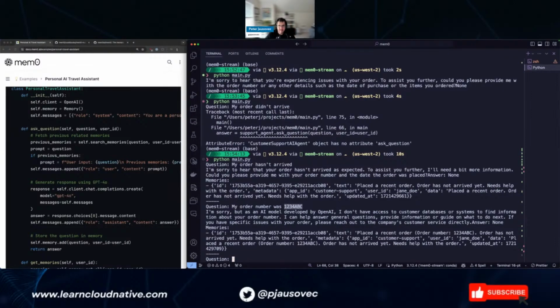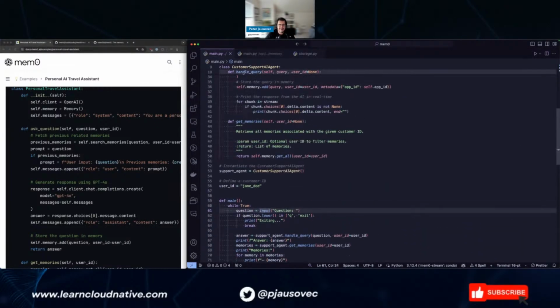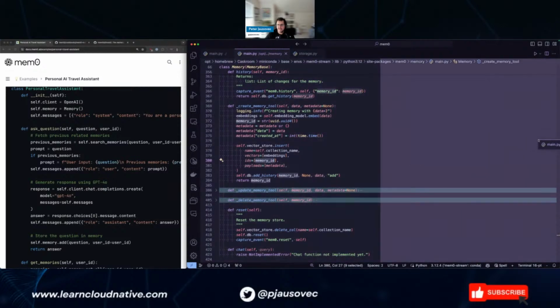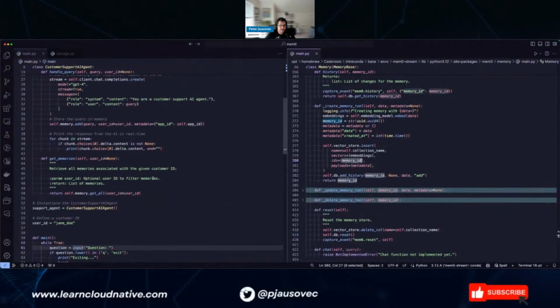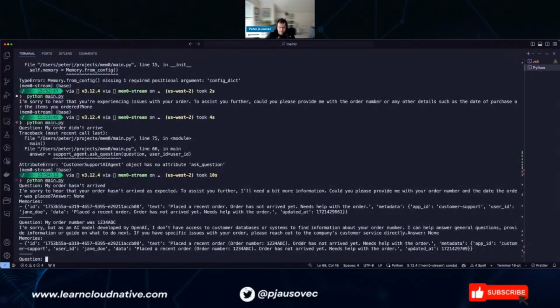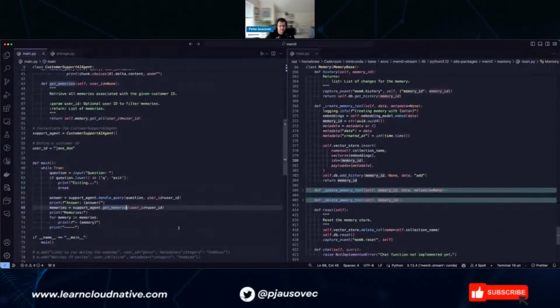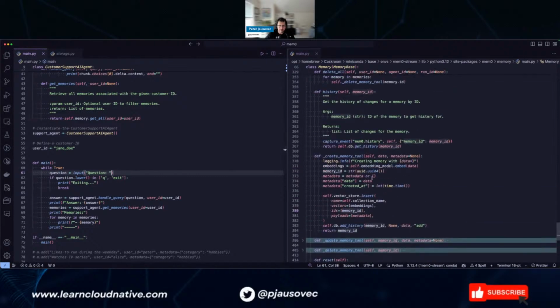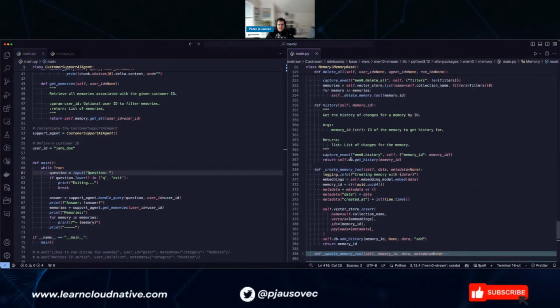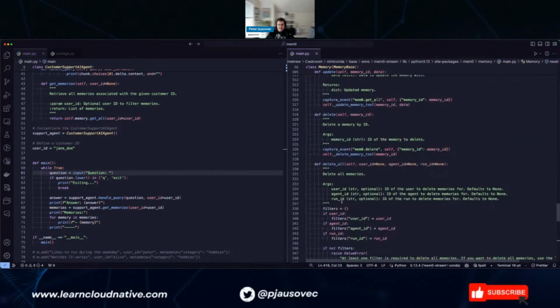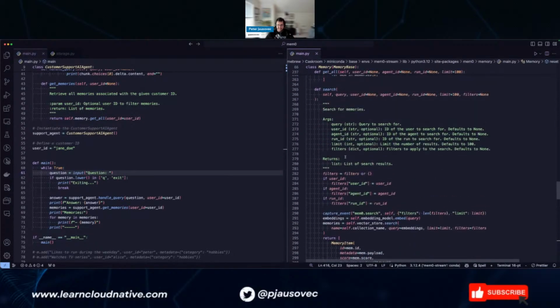Oh, let's do that. Why not? Right? Just gonna steal the code a little bit here. So let's create a simple function. It's saying, I'm sorry, but I don't have a customer database. So what we'll do is create a function, a tool, that retrieves order data. It's going to be fake, but just so we can see how this works more realistically, I guess.